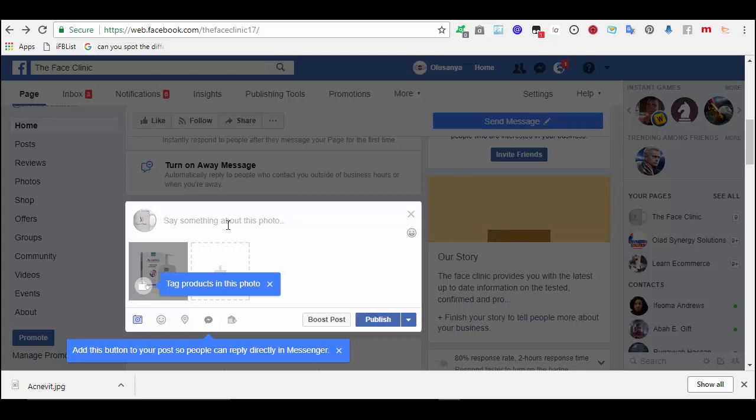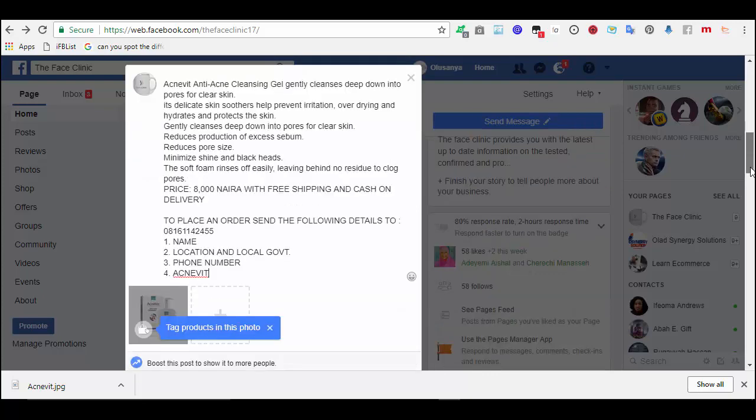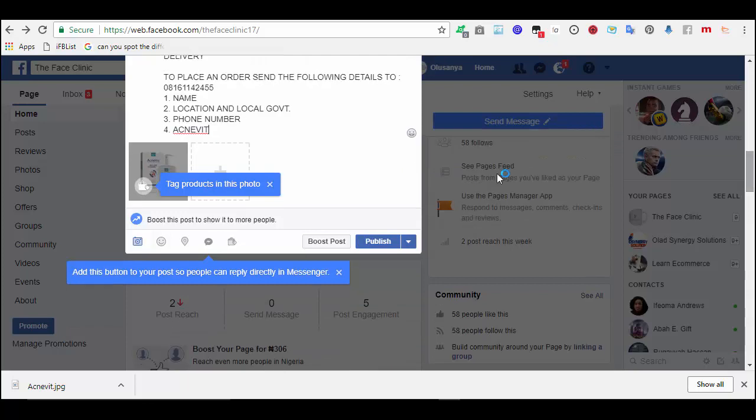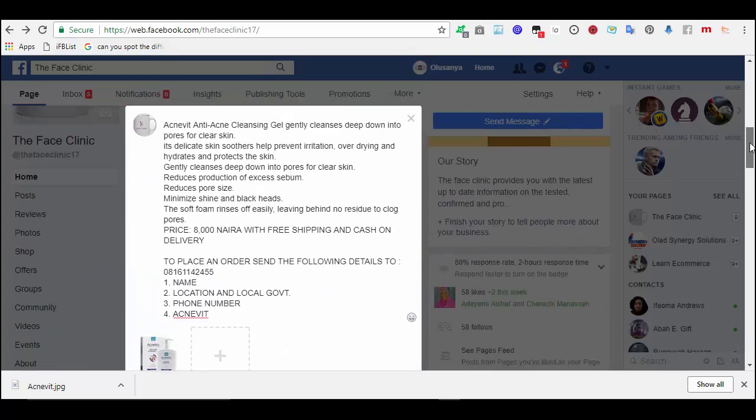Now say something about this photo, Ctrl V. Okay, now, okay, so tag these folders. I don't need to tag it. So now I've added it, so I can now click on publish.